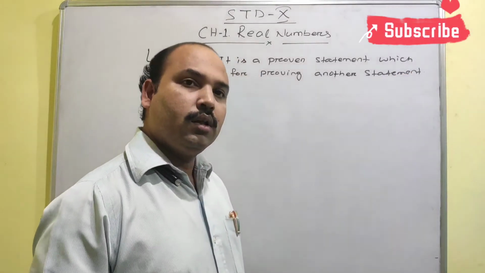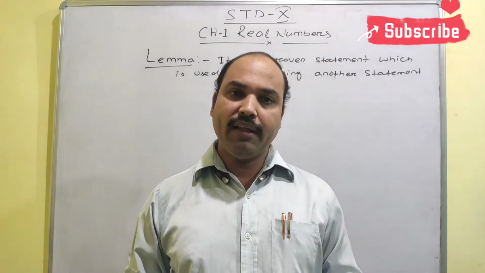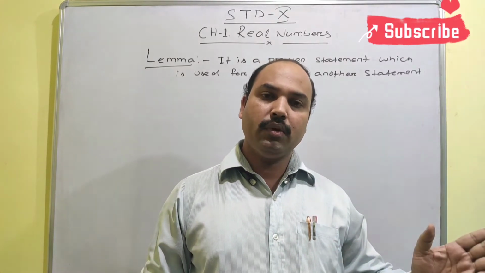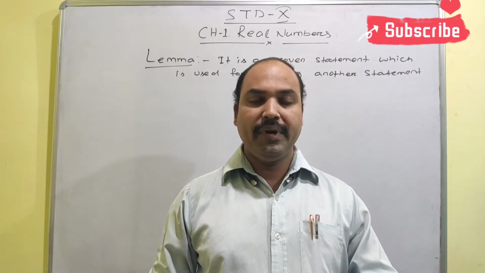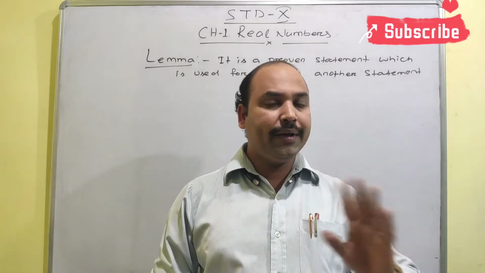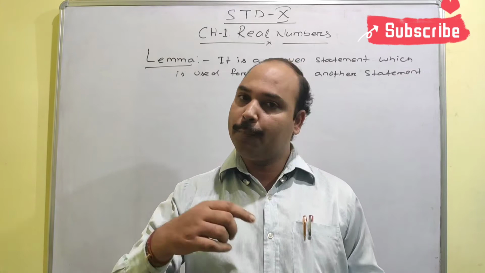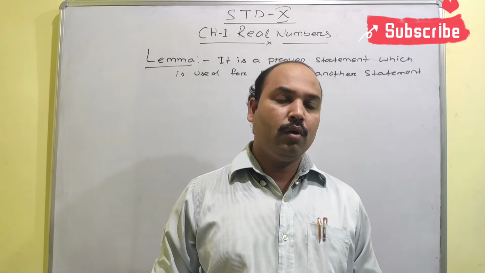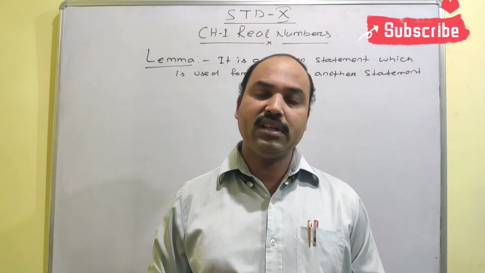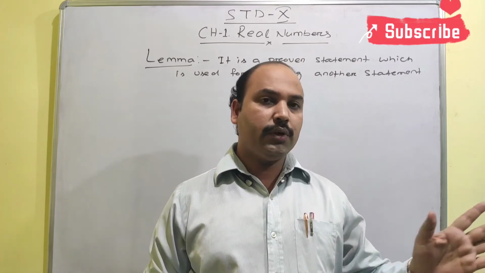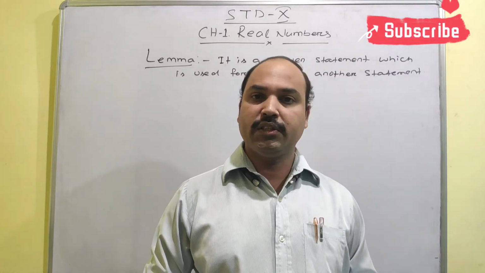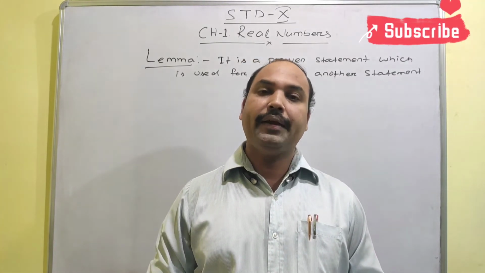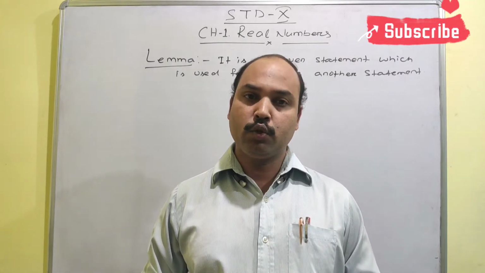Okay? That part we also discussed in our 9th class, about the theorem and axiom. First, an axiom is a proven statement. It means we do not need to prove it again. But a theorem, we have to prove it. In the same case, here, the lemma is a proven statement. No need to prove it anymore. Okay, friends? So suppose the sun rises in the east. No one will ask why the sun rises in the east. Why? Because it is a universal truth.